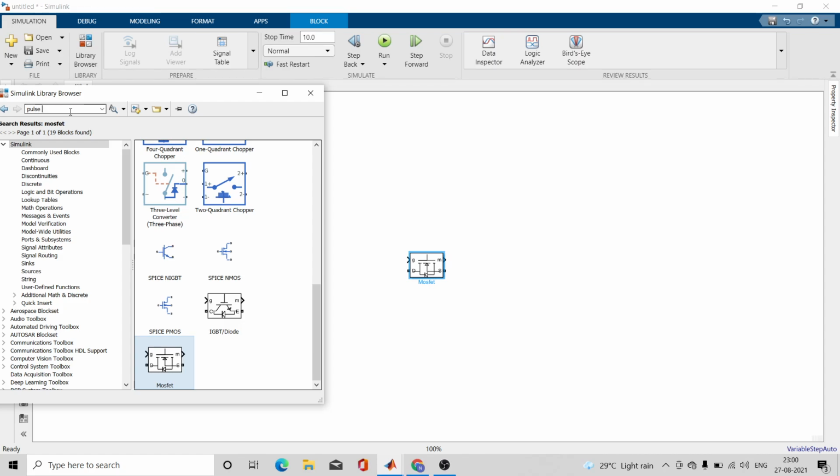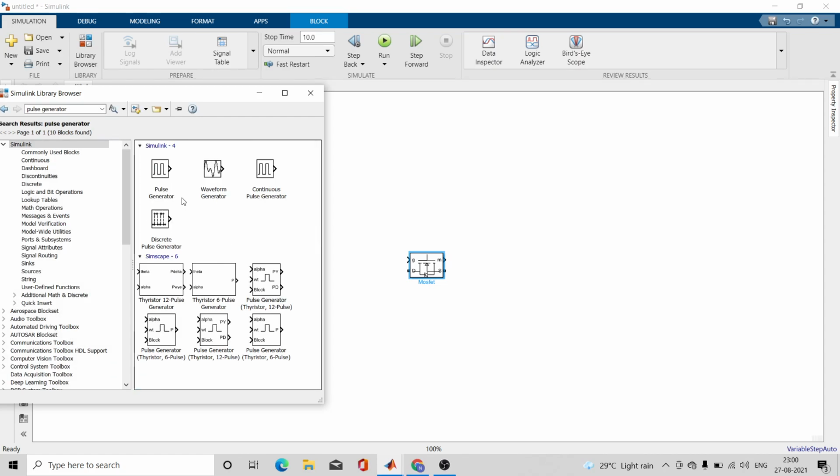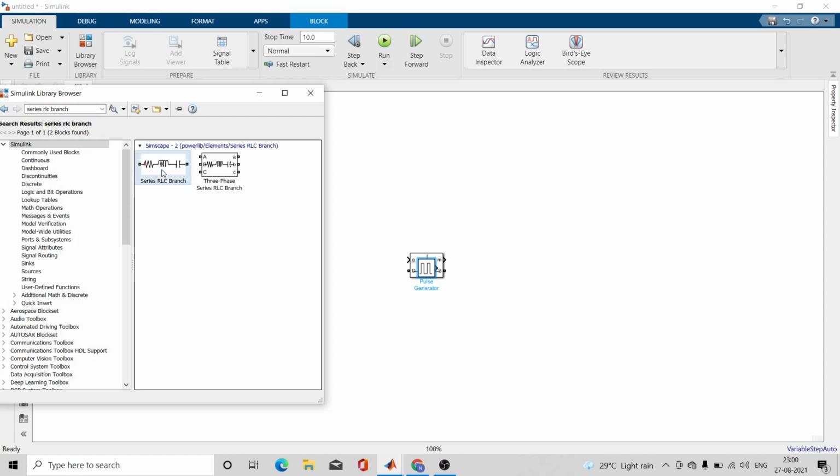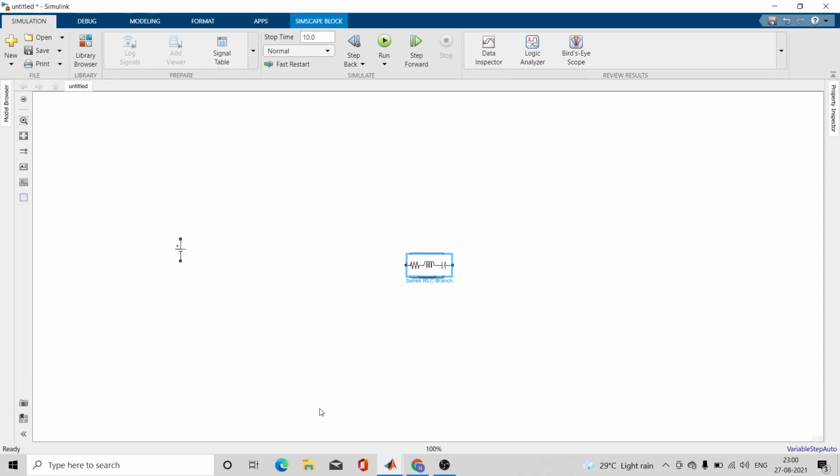In order to turn it on, I need to give a pulse to it. So we will take this pulse generator. Then we will require an inductor, capacitor and resistor. There is a component in Simulink called series RLC branch. We will take that and I will tell you how you can take the required components out of it.